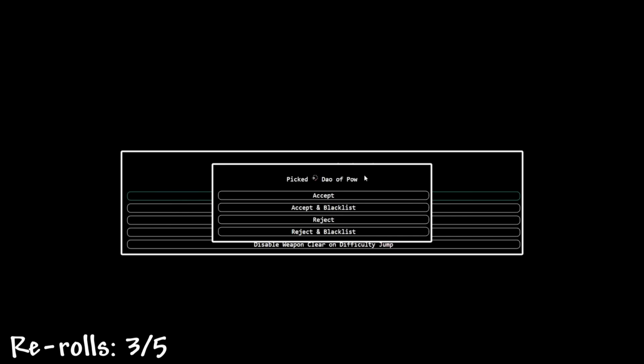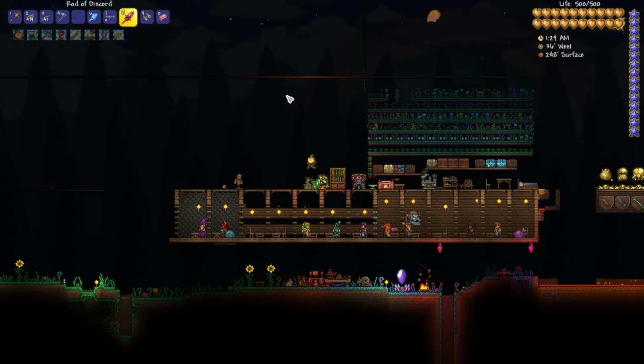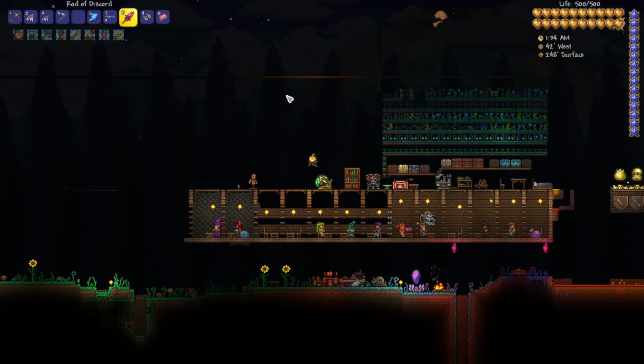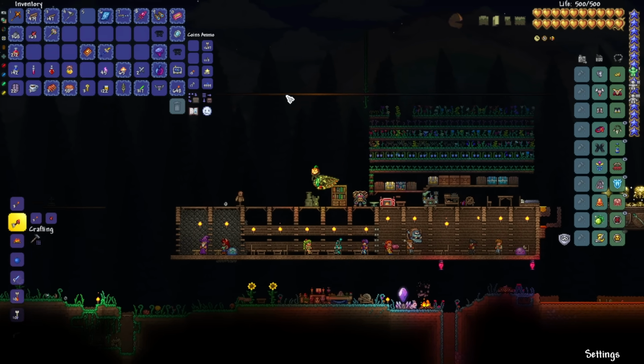Oh, Dow of Pow. Okay. If I can get this to hit through blocks, I think we are okay. And I know we still have rerolls left, so technically I could reroll, but there's always the chance you get something worse. And we need rerolls for Moonlord, because I could easily get like Cobalt Sword into another bad weapon, and then we lose. So we gotta save as many rerolls as we can for Moonlord, because that is definitely